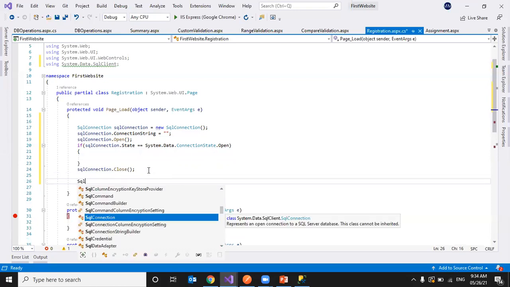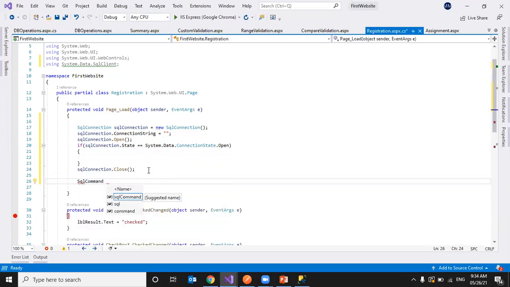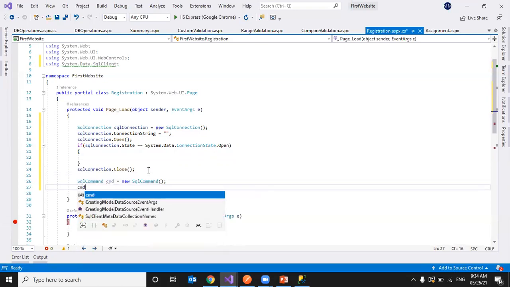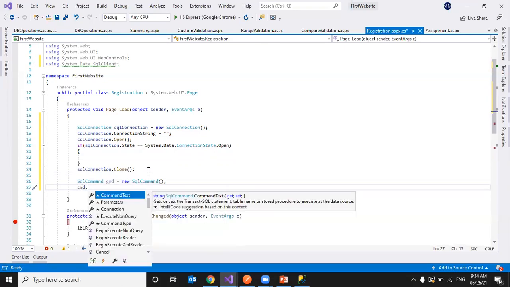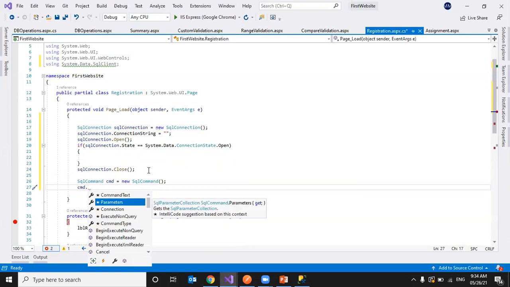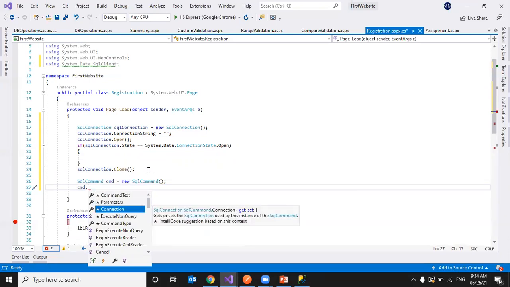Now, the next class is SqlCommand. So SqlCommand cmd equal to new SqlCommand, just creating an object of the SqlCommand class. Now we will check the different properties of the command class, like CommandText or Parameters, or we can provide the connection with the command class.